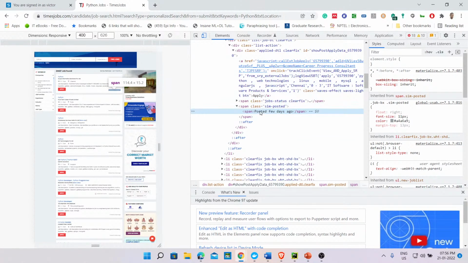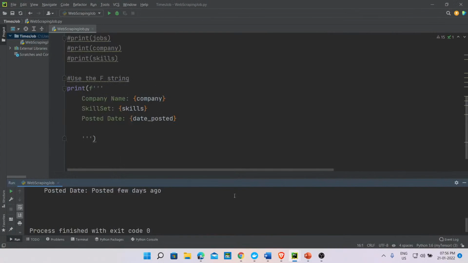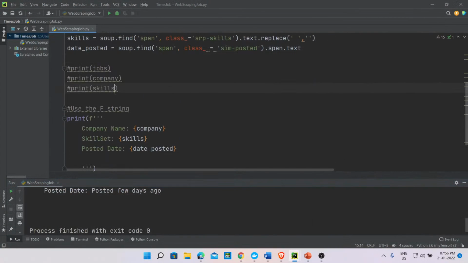So the last one was a little tricky because we found that this span tag was inside another span tag, and then we were interested in the textual information which says posted few days ago. So that was what we did here, and then we pulled that. All right, and finally,